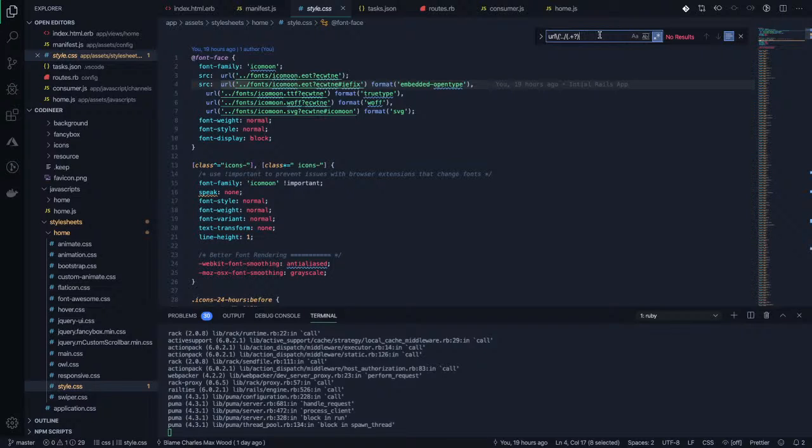Use regular expression. So I escaped that. And what I'm looking for is essentially that, right? So